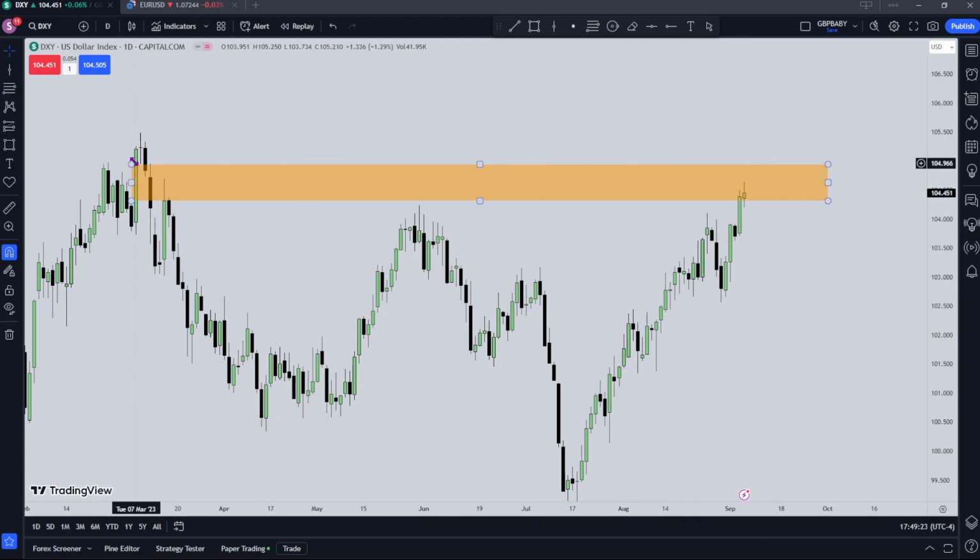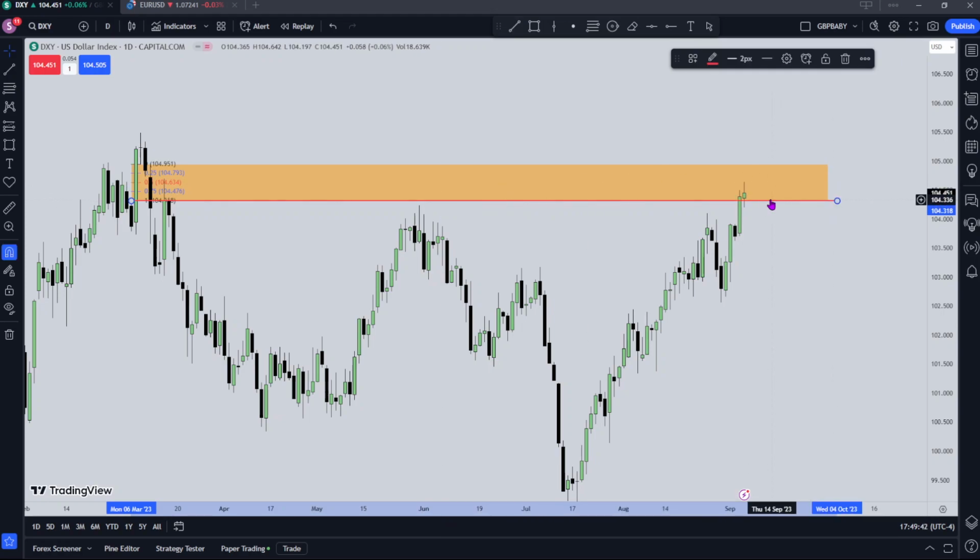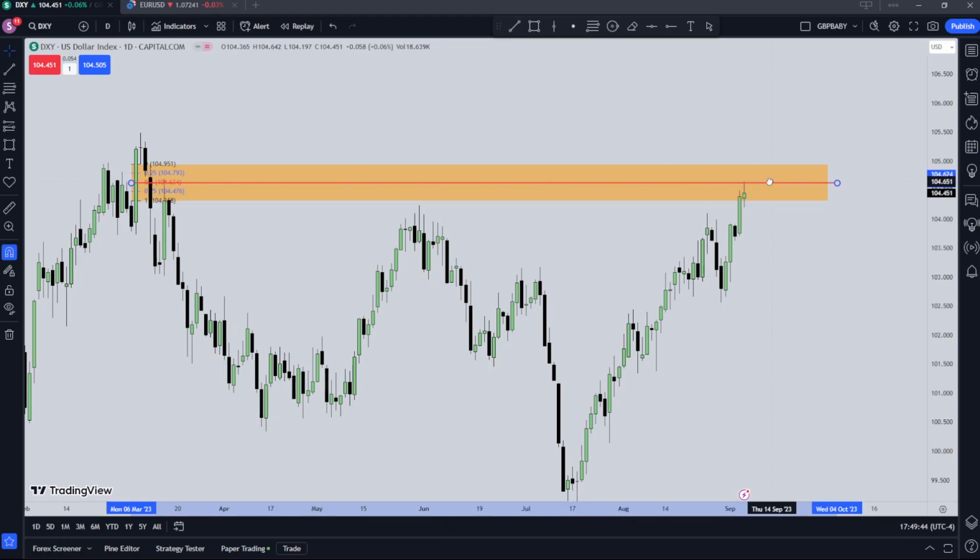So we have a daily bearish order block over here from 7th of March, which is my birthday. And I've marked out the fair value gap from there, and I've dragged it through, and this is an inversion fair value gap, and you'll see that we've traded to the 50% level of that. So I'm just going to mark that out now. And what does that mean? Well, if price continues to respect this 50% level, we can expect